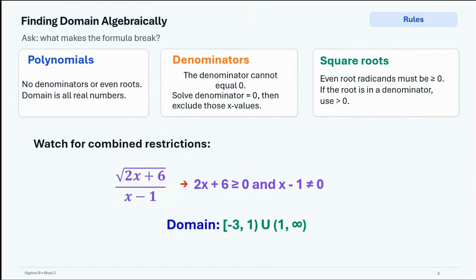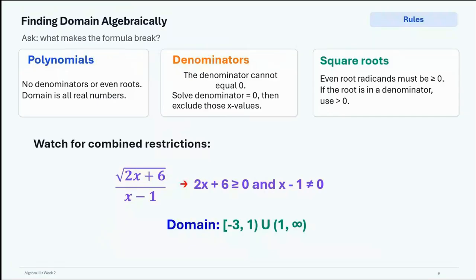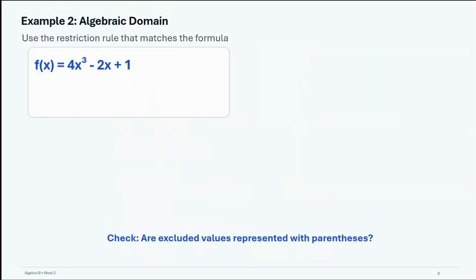All right. Let's look at another one. Example 2. Use the restriction rule that matches the formula. We have 4x to the third minus 2x plus 1. What do our rules say? Well, our rules said if it's a polynomial, which this is a polynomial,